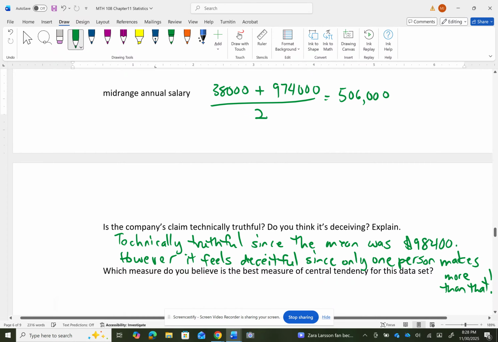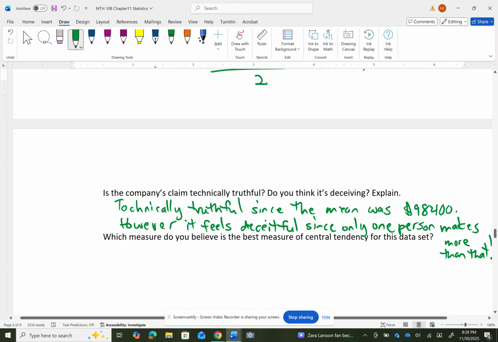Okay. So I would say the median would be the best one to use,